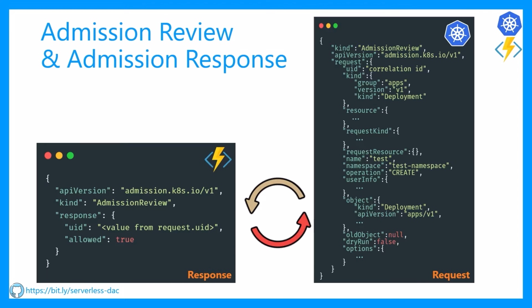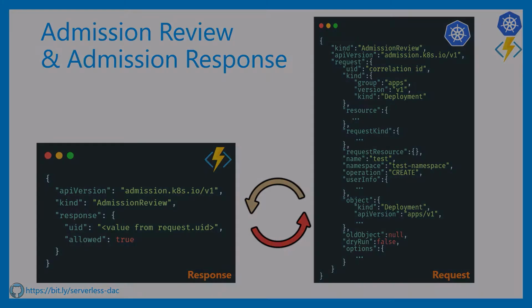Do you remember that a dynamic admission controller sends an admission review request and expects an admission response from the webhook? The specification on the right is the schema of the request that the configured webhook would receive. On the left is the response that the webhook needs to return to the controller. The request specifies the operation that you are trying to perform, such as creating a resource or updating a resource. It also contains the Kubernetes specification file that you're trying to apply. Whether the request is approved or denied depends on the value of the property allowed in the response. If the value of the property is set to true, the request is approved, else it is rejected.